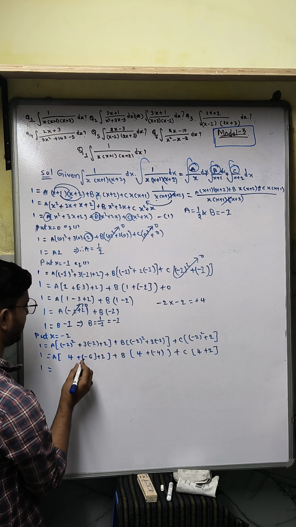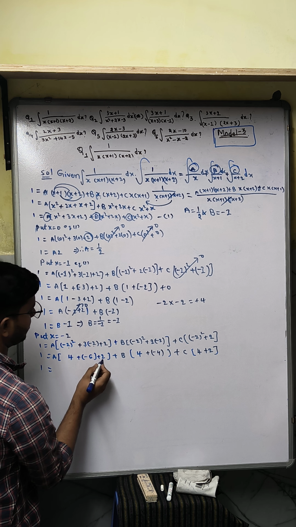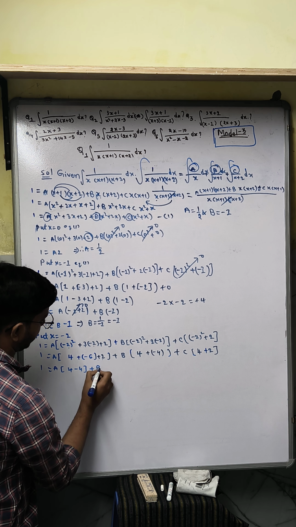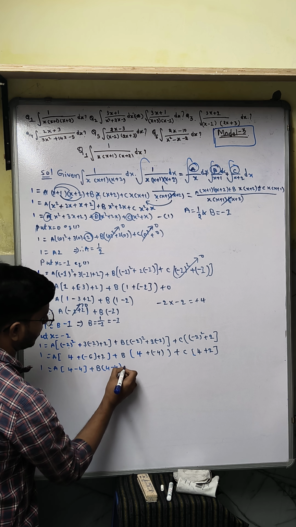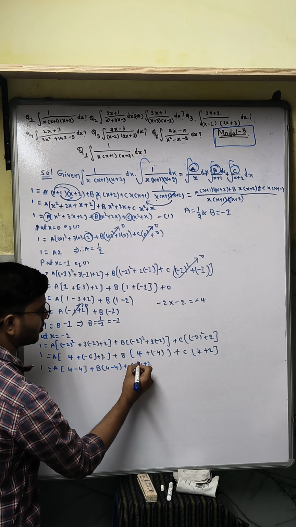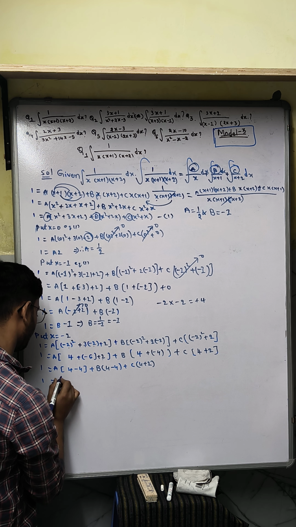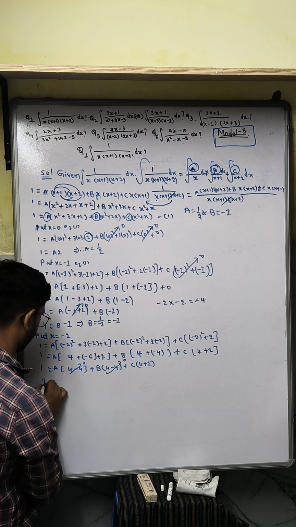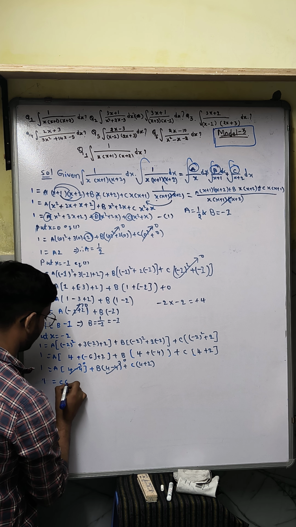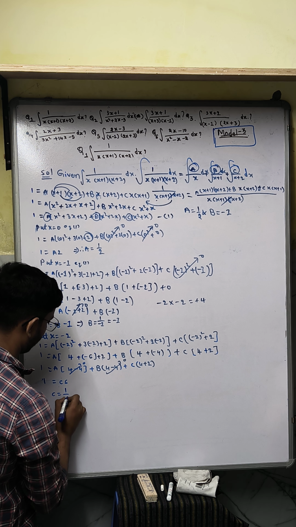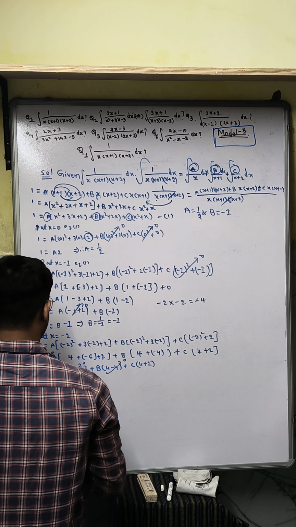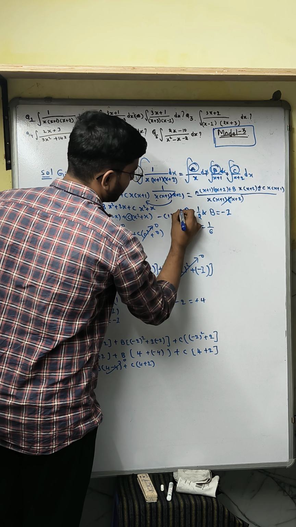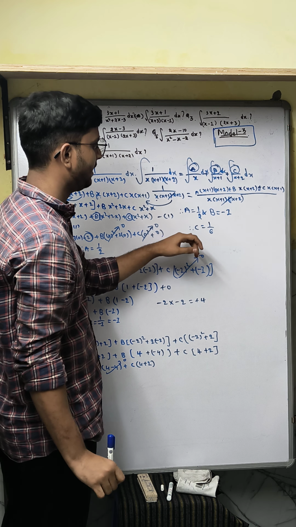1 is equal to, here see, minus 6 plus 2 is minus 4, plus b(4 minus 4), plus c(4 plus 2). 1 is equal to, a is 0, b is 0, and c is remaining. c is equal to 6, so c is equal to 1 by 6. Then c is what? 1 by 6. We find out a, b, and c.